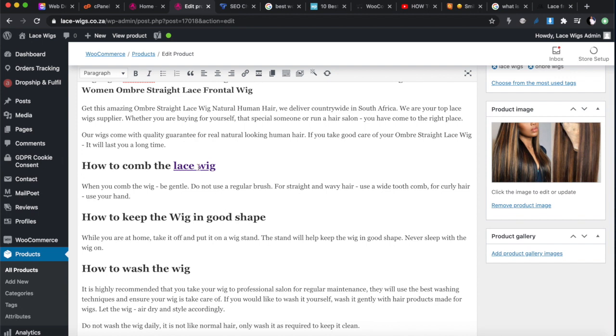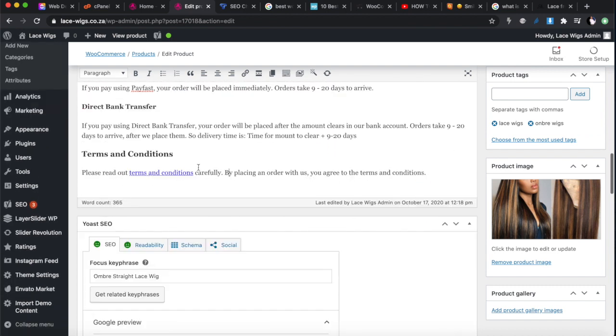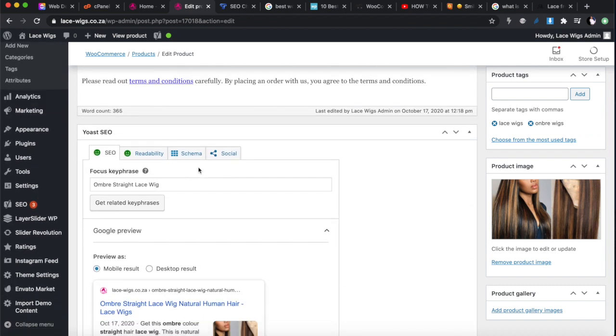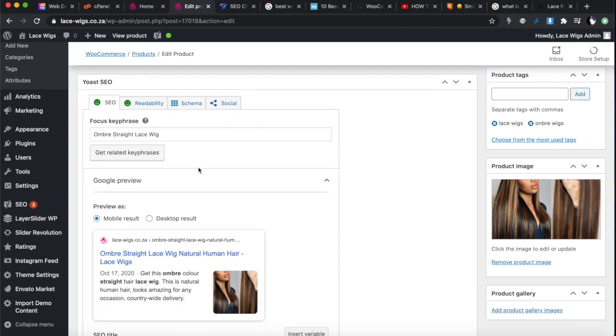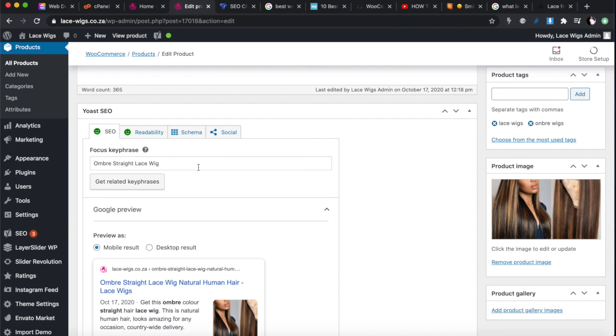But I've got a link to just a random page about lace wigs, and I actually just have it in there for the sake of getting good SEO. But when you're done with the product description page, you need to go to the bottom here, and if you've installed all the plugins the way I showed you, we didn't install the plugins one by one. We just clicked the whole list and installed them all in one go. If you've done that, you should have Yoast SEO installed, because it was also part of that list of plugins that we had. And Yoast SEO helps you do your on-page SEO better.